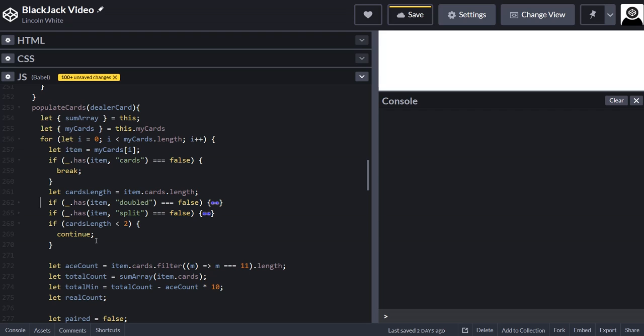So if we don't follow that pattern, after that method, I can't remember its name, after split hands runs, we're going to be stuck with some cards which are different from other cards. They won't have double on them and they won't have split on them,